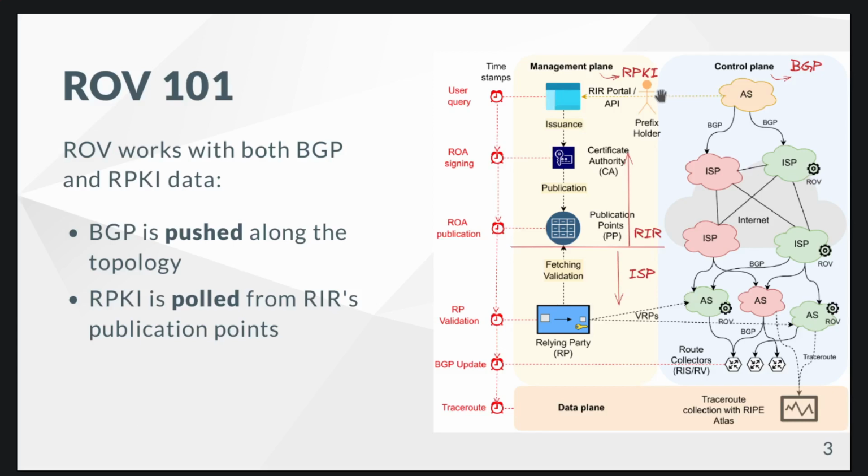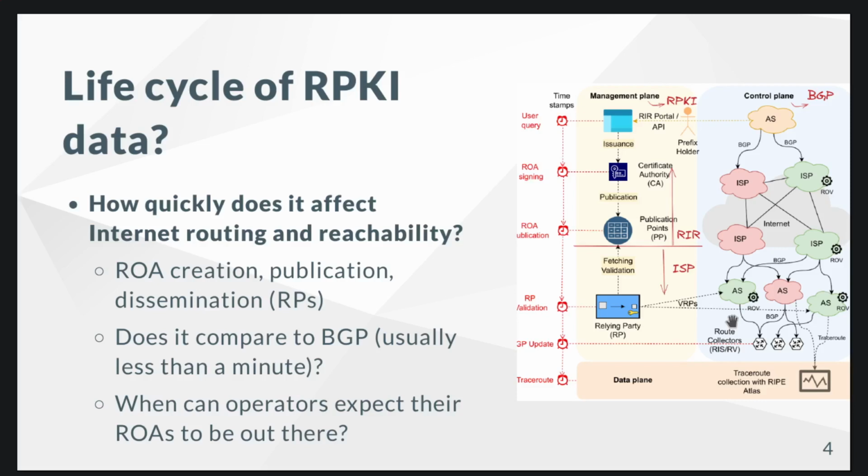These 2 pieces of information are traveling differently. In BGP, it's pushed along the topology, and for RPKI, there are a lot of different steps. At first, at the RIR, where the RIR is creating and publishing the ROA, and then the ISPs that are doing ROV, they're going to have to pull the new ROA from the RIR and then make use of it. So the question we try to answer here is how fast do the ROAs travel from the prefix holder to